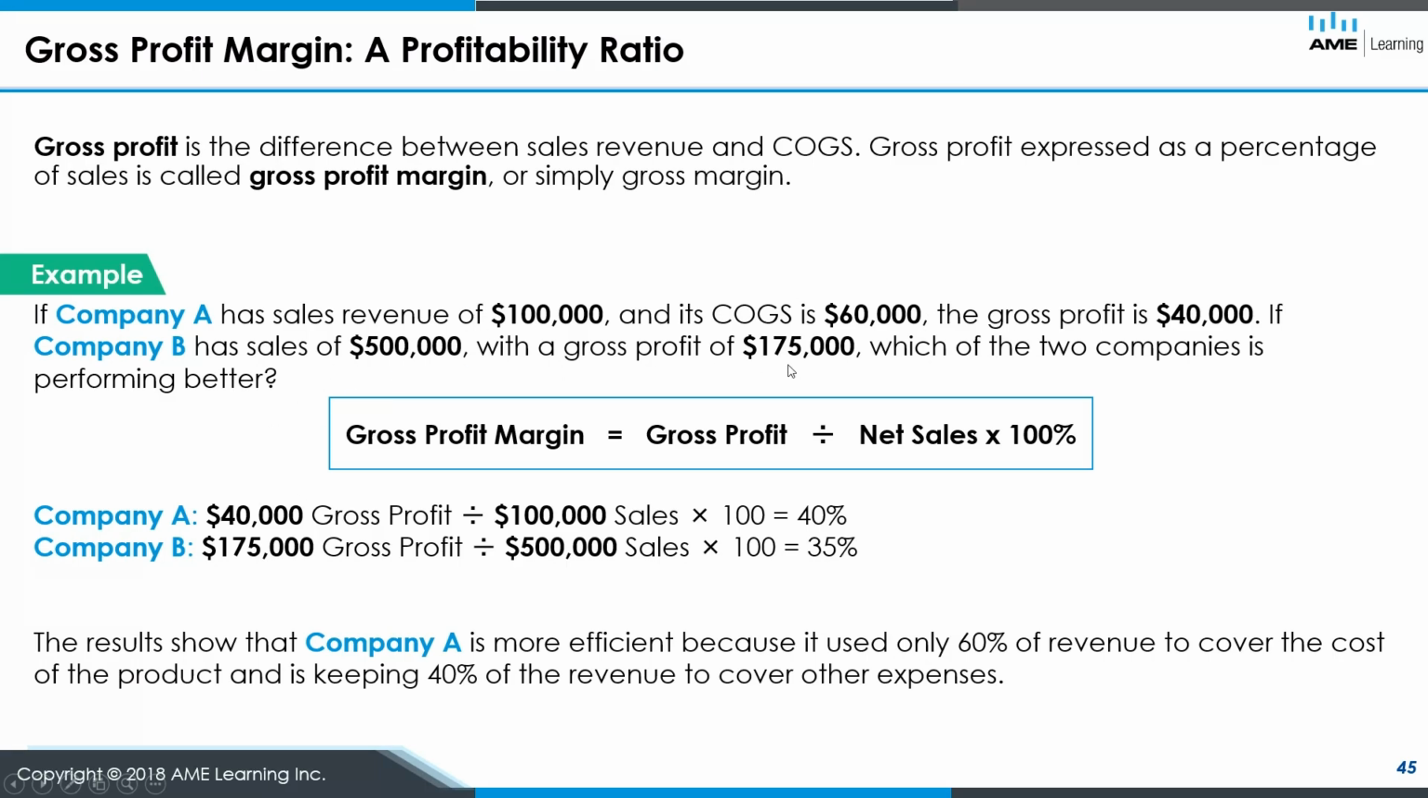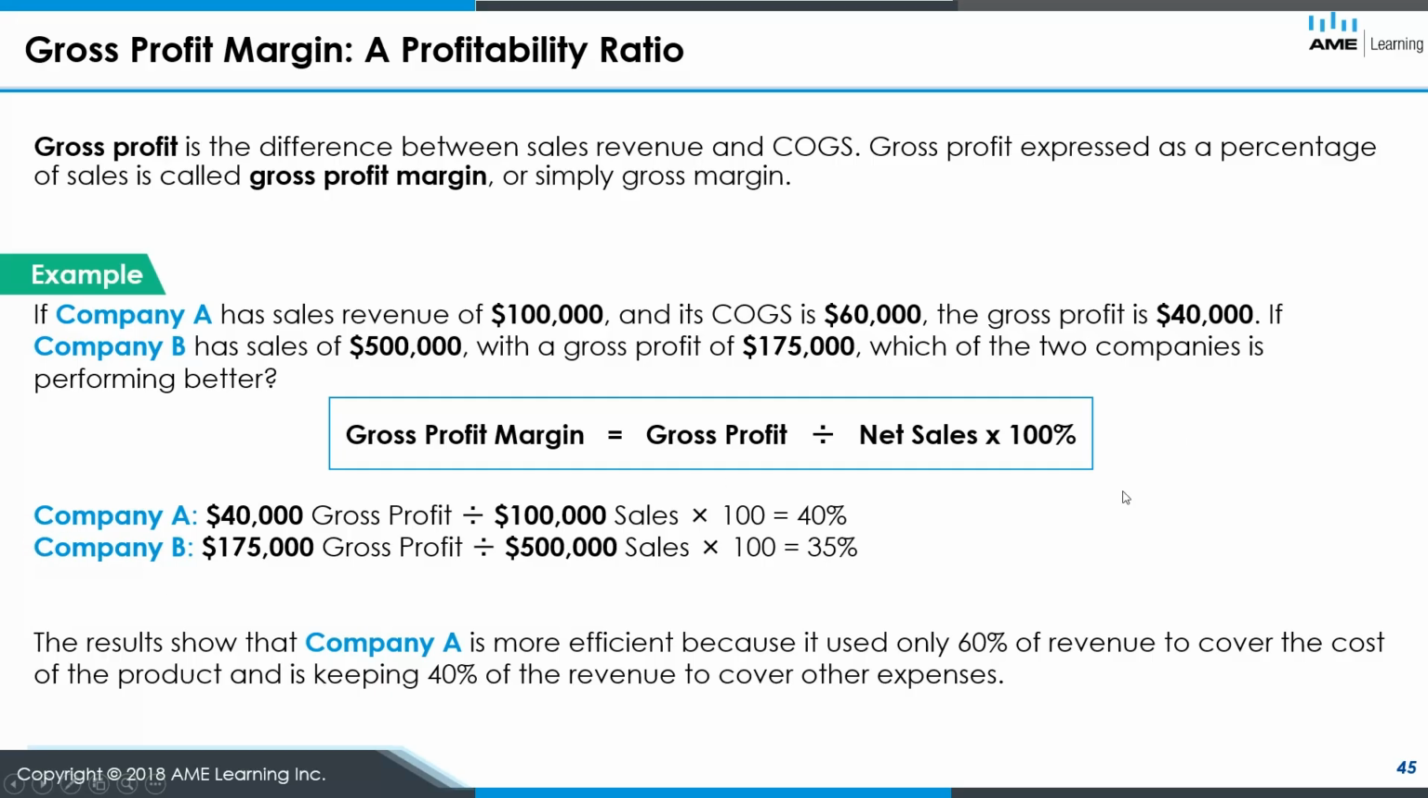And then this one's just having us compare to another company. So this company had 175,000 gross profit on 500,000 sales. So even though the sales revenue can be higher, we can do the same math on that and see that in this instance, company B is only keeping 35%. So every dollar of sales to the customer, they keep 35% as profit after accounting for the cost of the goods sold. And so the results here, we could say company A is more efficient, basically,